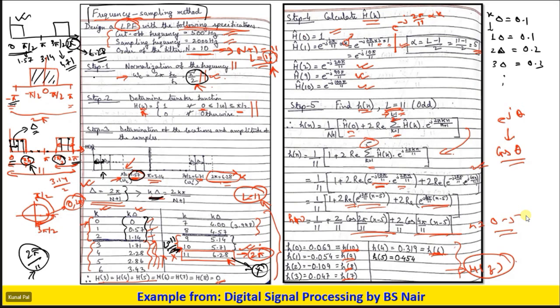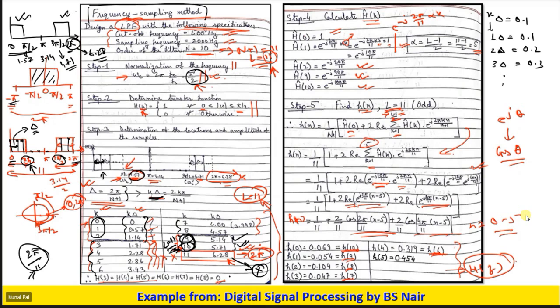Now in this region, when you want to be in this passband region, what are you getting? Your 3 pi by 2 is 4.71. So you need to have some values which should be greater than 4.71. So where are you getting the 4.71? When your k value is 9 and 10. The k delta values are 5.14 and 5.71. Right? So for the k values 0, 1, 2 and 9, 10, we will be having the passband region, and all other regions 3, 4, 5, 6, 7, 8 will have a gain of 0.